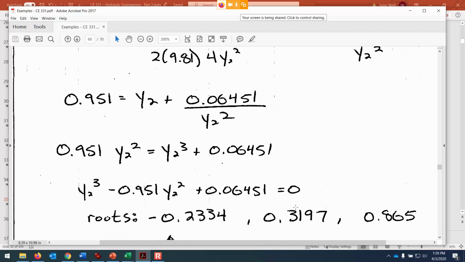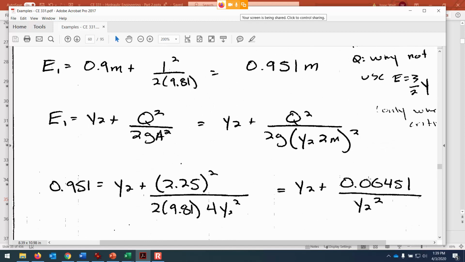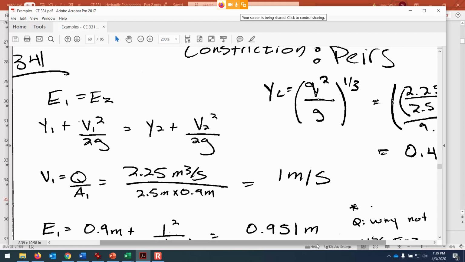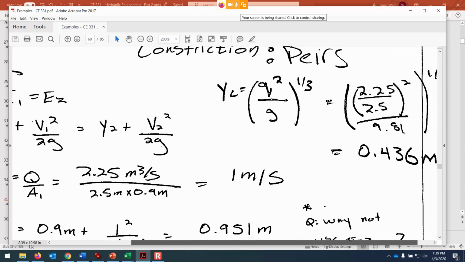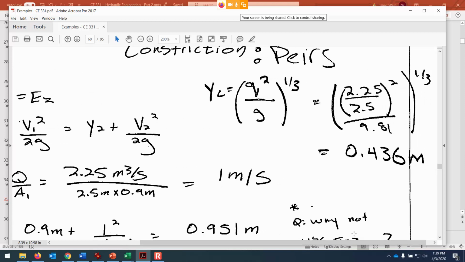and then if you put it into the calculator you can find that there are 3 roots, a negative root and then 2 non-negative roots, one of which corresponds to supercritical conditions and another flow depth that corresponds to subcritical conditions. Now you may have noticed that up at the top of my paper I calculated the critical depth, and there's a couple of ways for us to determine the flow regime upstream. So remember, which of those 2 routes we select downstream depends on what was the water doing upstream before the